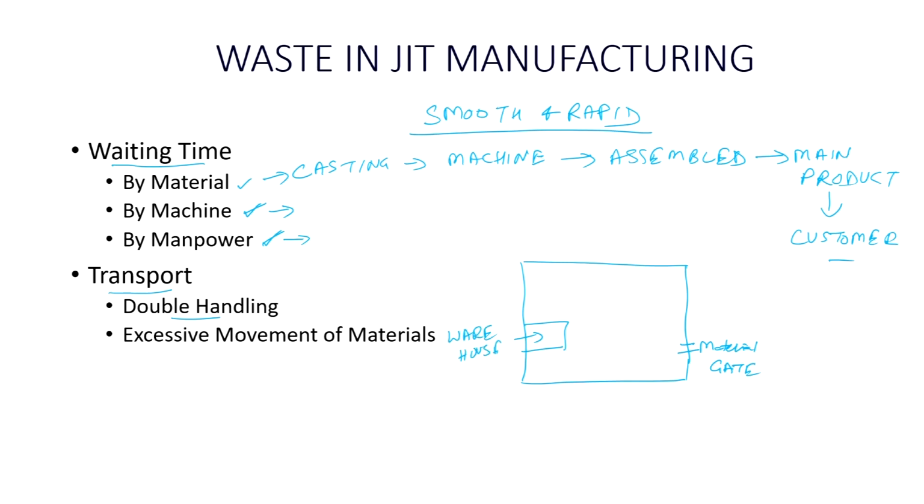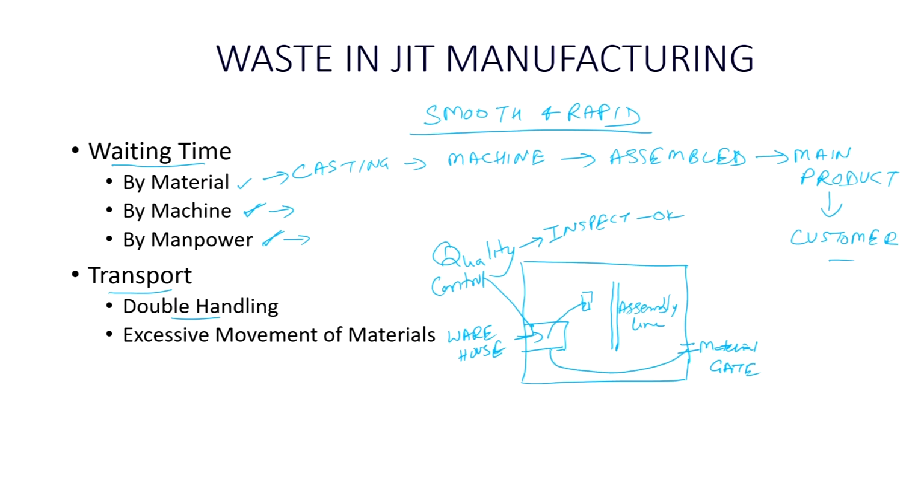From the warehouse, quality control people will come, and they will take a sample from this material which you have received. They will inspect and give the OK report. Once that is done, now the material can be issued. Now, material is issued to a small store close to the assembly line. Suppose this is your assembly line, it is a bought out component assembly line. So, material is now stored here.